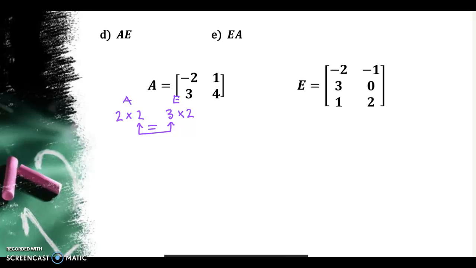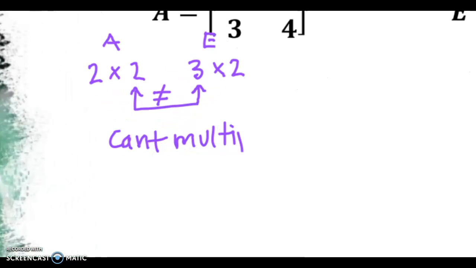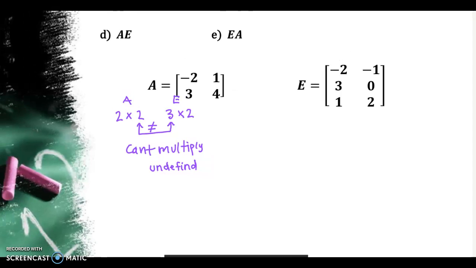They are not equal. So when this happens, we can't multiply. So that means it's undefined. We cannot multiply matrix A times matrix E. However, E times A,